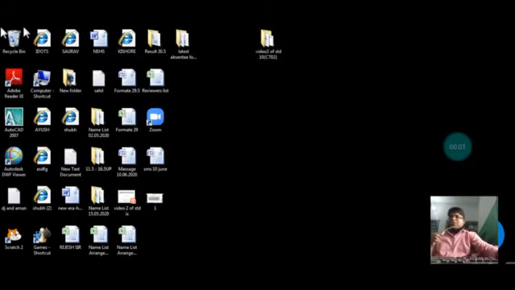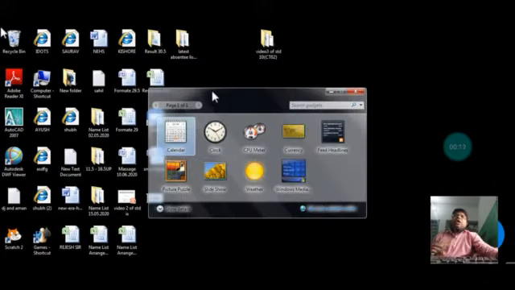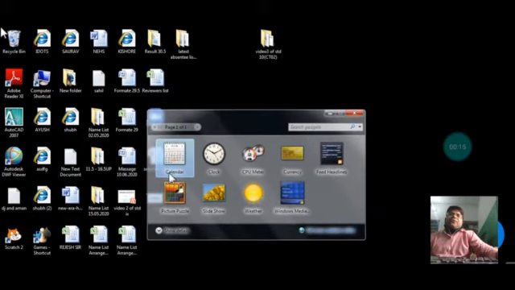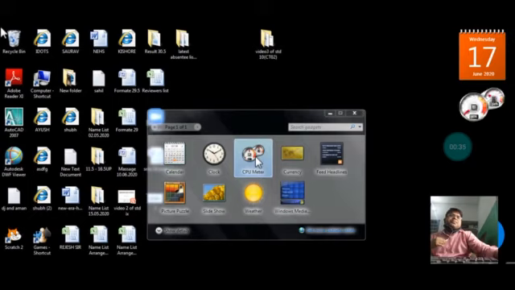Now students, I will explain how to use gadgets. First, go to a blank area of the desktop and choose gadgets. Now you see here, there are different icons related to calendar, clock, CPU meter, currency, whichever you want to place on the desktop. You have to select it. I have clicked on this one. You see, the calendar has come. I want the CPU meter. Whichever gadget you want to bring on the desktop, you can do it.